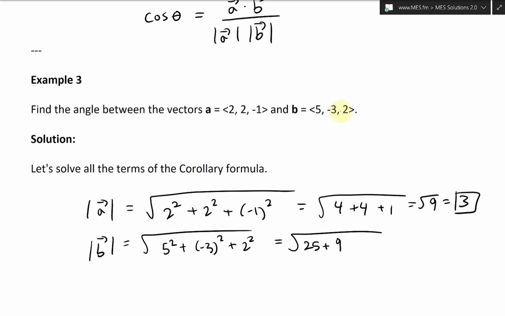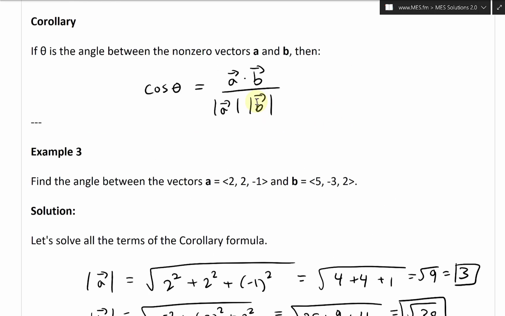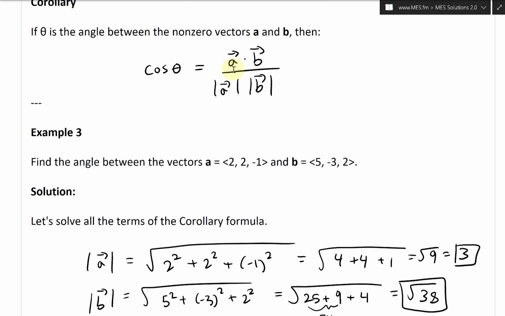Negatives cancel. Plus 4, like that. All right, so what this is equal to, well, 25 plus 4 is 29, or actually, let's go here. 25 plus 10 is 35, so -1, so 34. Then 34 plus 4 is equal to square root 38, and we're not going to solve that, just leave it like that. All right, so we have the lengths, and now let's look at the dot product there, A dot